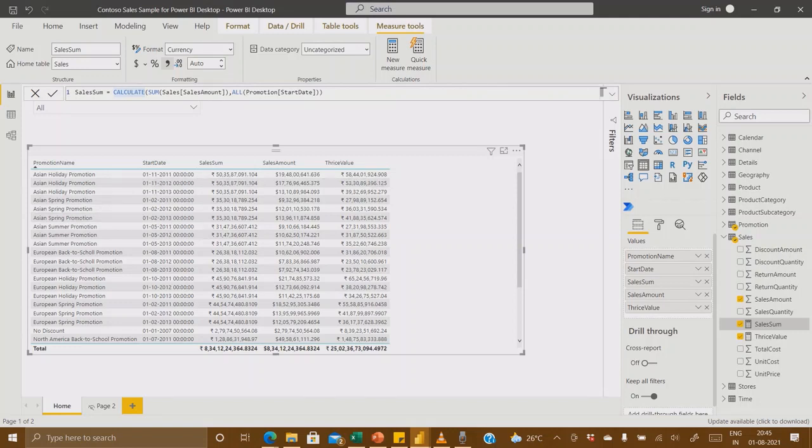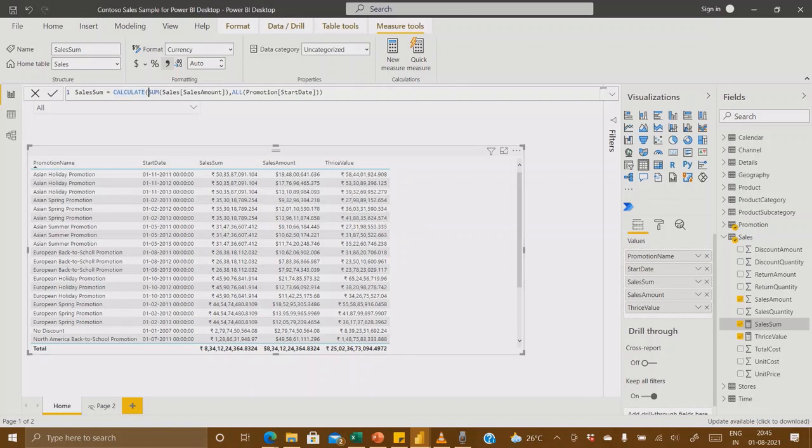Table is the best example to make this understood. So it will ignore this promotion start date. So this CALCULATE function can edit the filters, whatever you write inside.